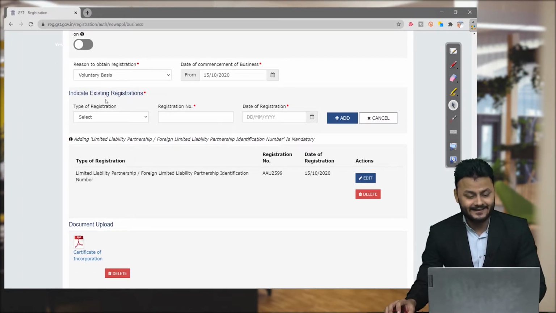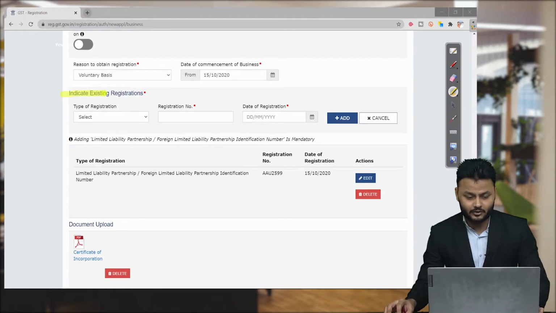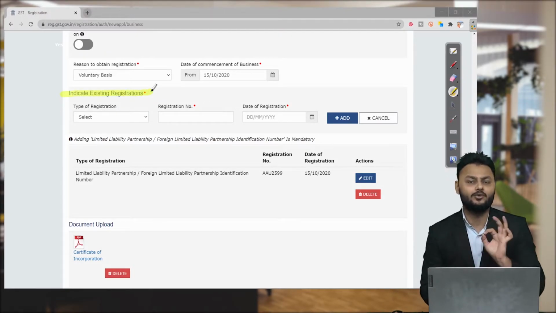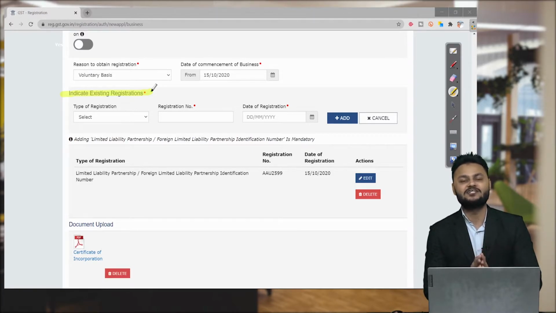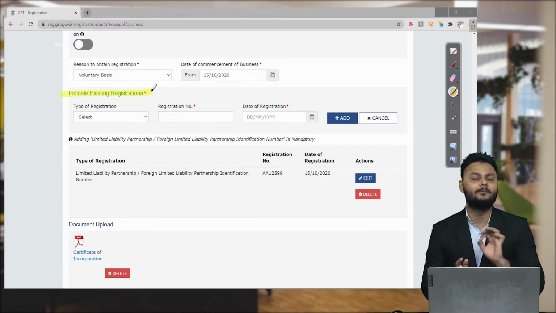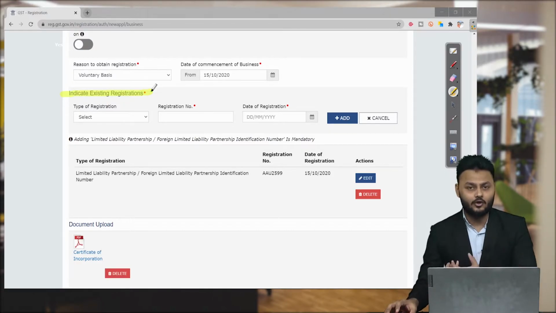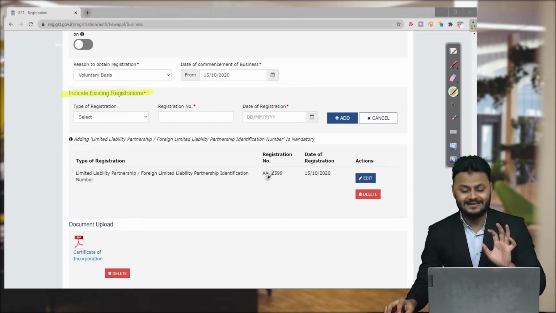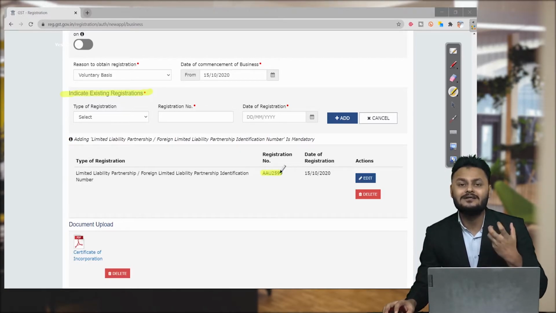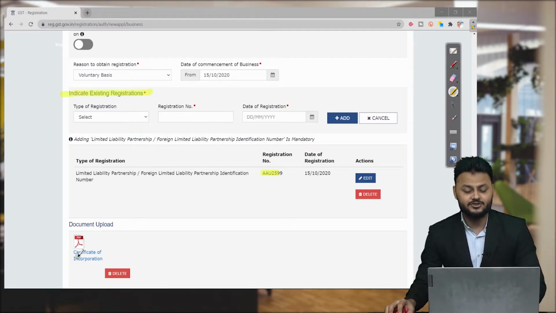Next is indicating existing registration. Now this column is optional. If you are a proprietor, you don't need to enter anything here. However, in case of LLP and companies, you need to mention your certificate of incorporation. You need to attach your certificate of incorporation here. You need to mention the details of your LLP or your company CIN number, and date of registration, and then attach the document.